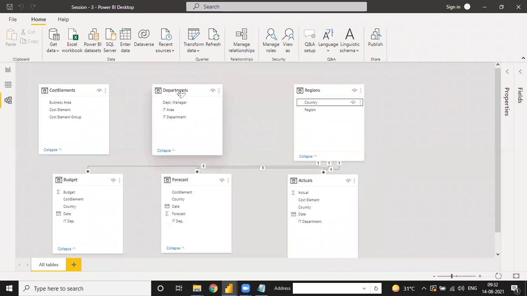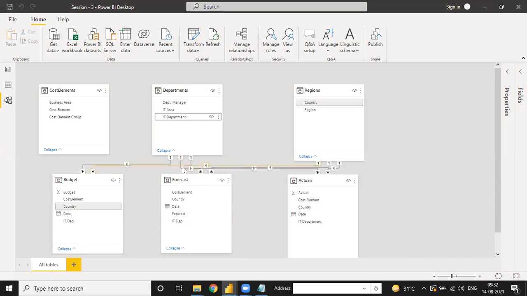Now under the department, we have IT area, department manager, or IT department. You have to select the common field between the dim table and the fact table. The common field is IT department, IT department, IT department. So you just click there on the IT department and drag to the same IT department, and check whether the relationship is made correctly or not. See, here I connected the IT department with the forecast, which means the relationship is made wrong.